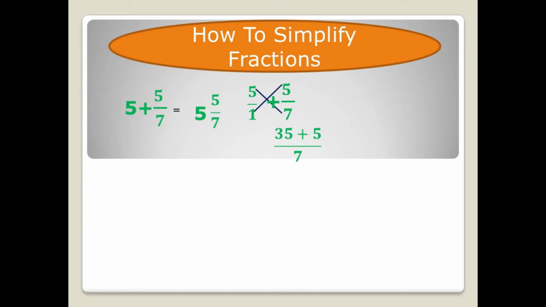After cross multiplication we find that 7 5s are 35 and 5 1 is 5, and 7 is the common denominator. We add 35 and 5 and it becomes 40 over 7. Further, when we simplify it, dividing 40 by 7, we get the answer, that is 5 whole 5 over 7.